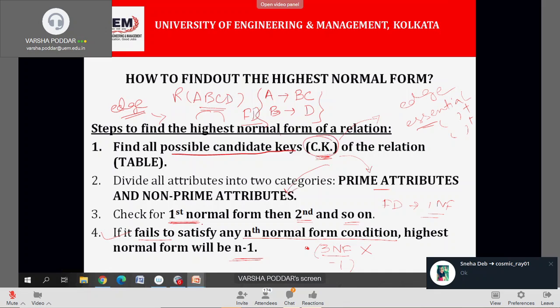Now I have told you that we will not check 1NF because if only the relation and its FDs are given, there is no provision to check the schema of the table, right? So we will consider that all the tables given to us are in 1NF. Fine. We will start the checking from 2NF. How to check 2NF?